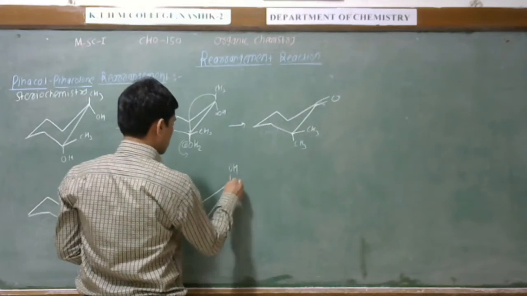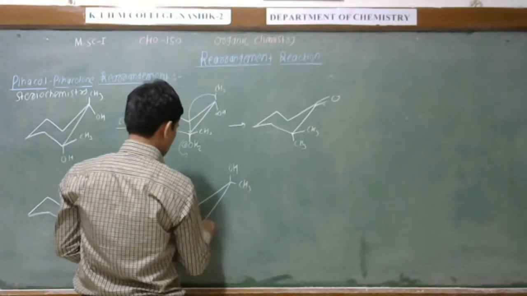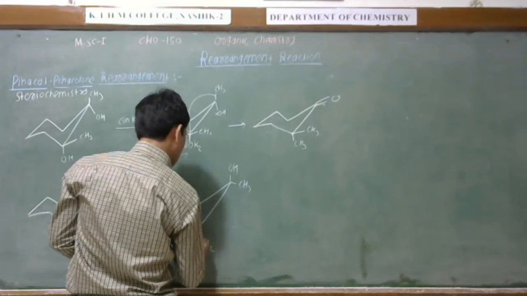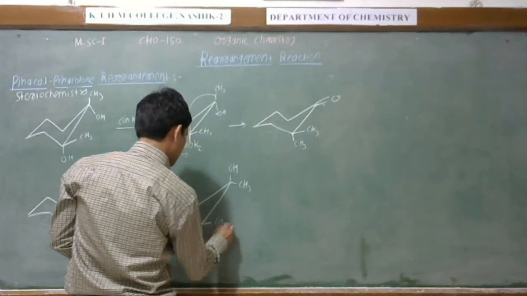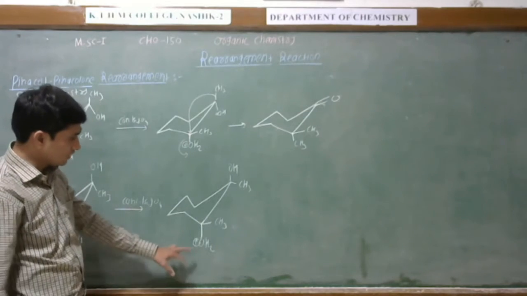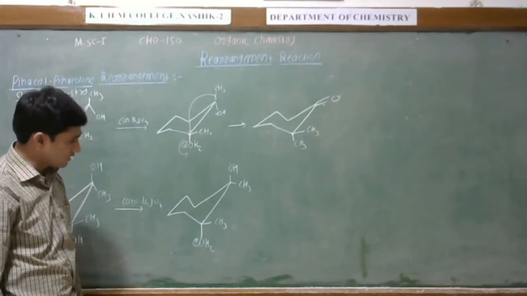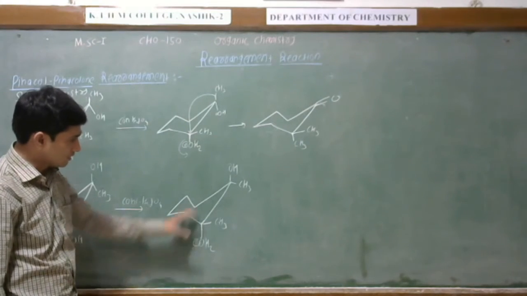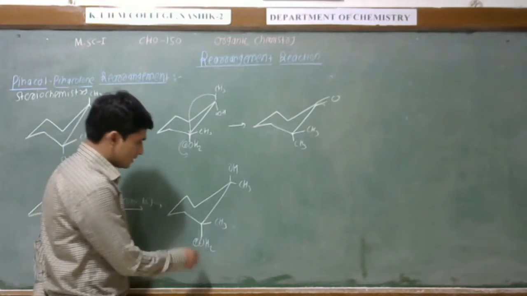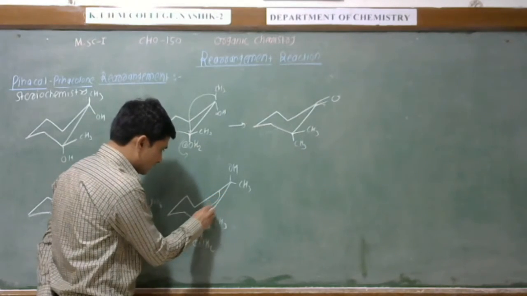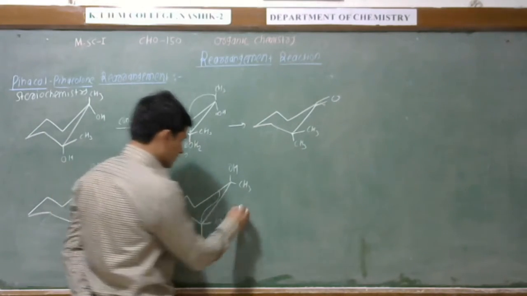This is the hydrogen group, this is the CH3 group, this is the OH2 plus, and this is the CH3 now. See, here the alkyl group is no longer antiplanar, and hence this alkyl group is not antiplanar, and hence this bond will be created and shift here, and we get